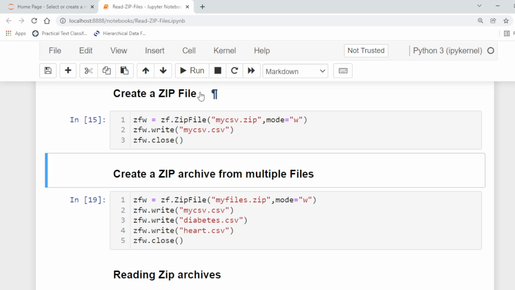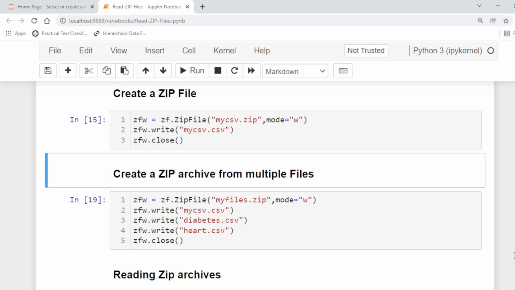So here we have created a file mycsv.zip in which the file mycsv is stored in a compressed form.